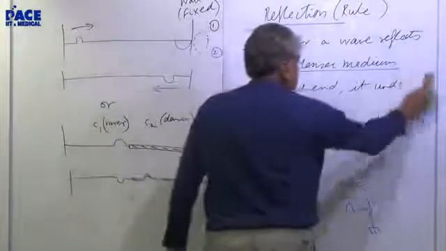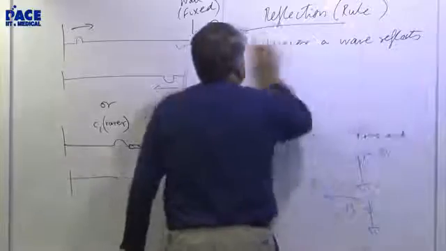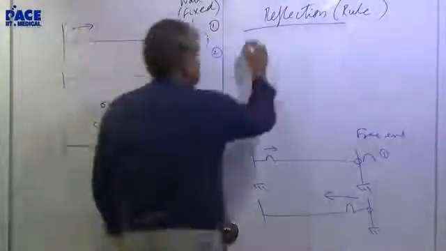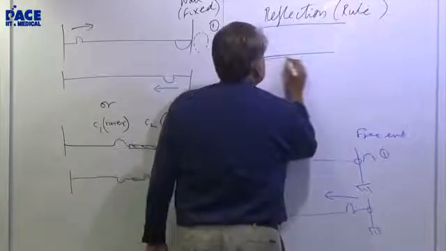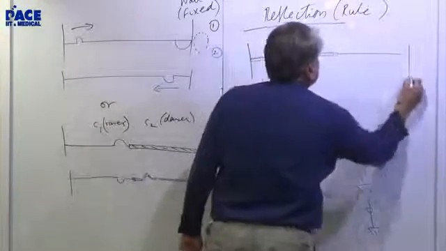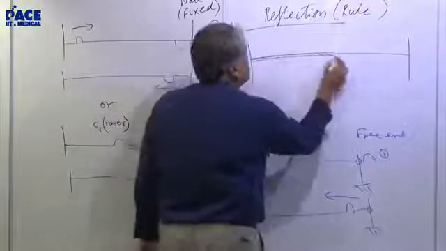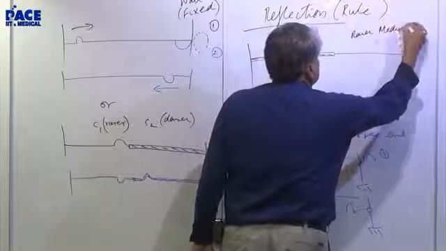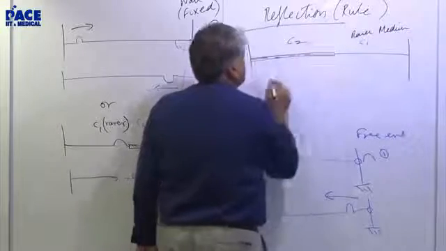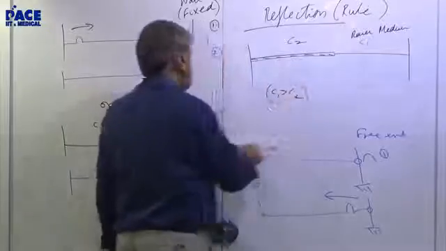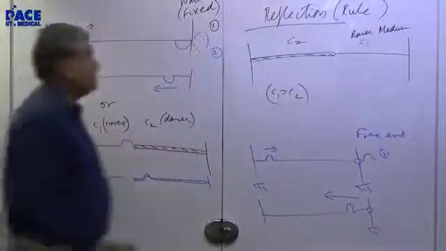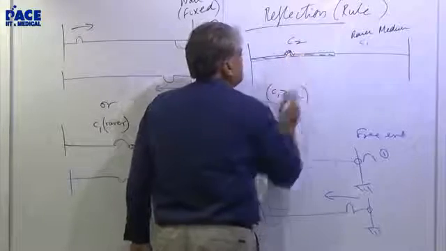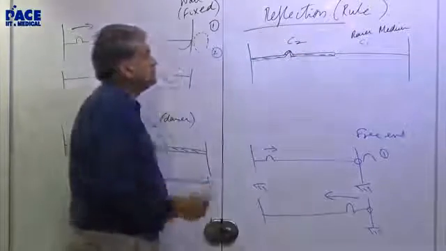What's the other way around? I'm running it here and showing it. You can draw it like this. Suppose it goes like this. Now, this will be considered a rarer medium. Yeah, because this was the scenario, right? C1 is greater than C2, the opposite of this. So now here if you have a pulse, how does it come back?